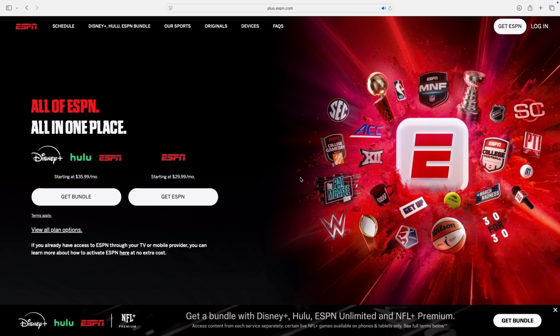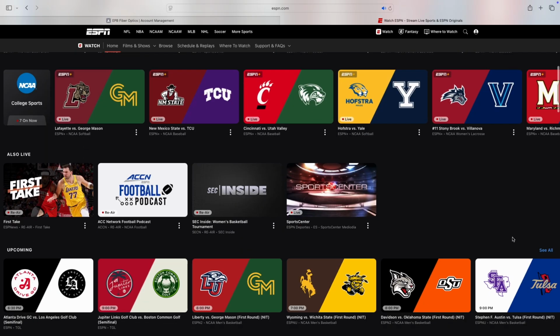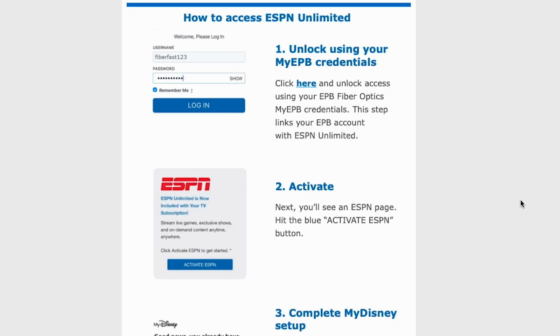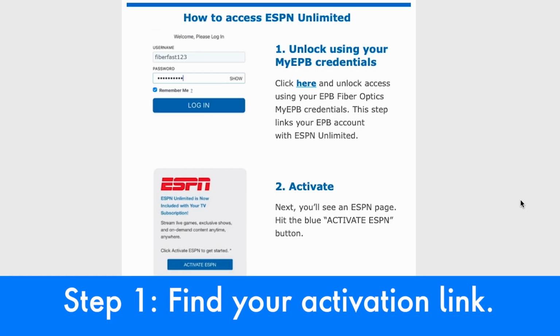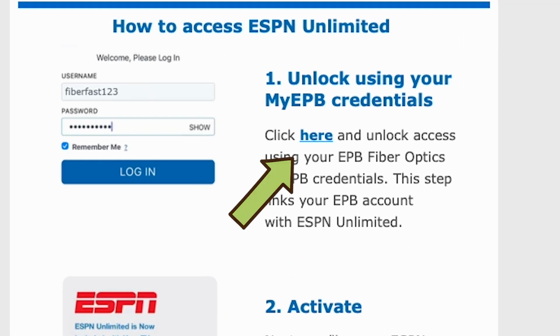If your Fi TV channel package includes ESPN, here's how you can get access to ESPN Unlimited to watch the sports content you love anytime, anywhere. Step 1. Find your unique activation link. You'll need the unique link to unlock access to ESPN Unlimited. You can find this link in the announcement email we sent you or at